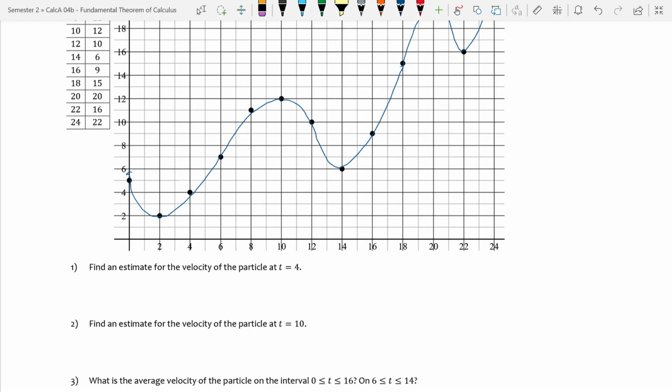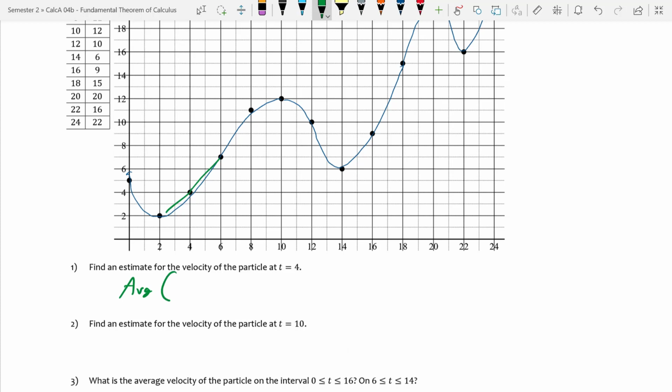So rather than look at that and guesstimate, we have some information around it, and we're going to use that to the best that we can. We have the slope of this and the slope of this. So one way to do it is actually just to do the slope of these 2 points. But what I prefer instead of that, because that ignores the point in between, is to average the slopes of this and this. So what I'm going to do is the average of,